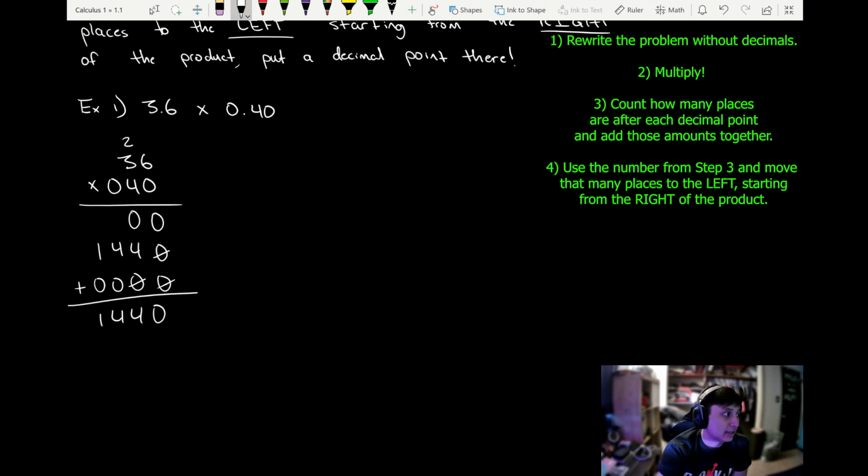So step 3 says once we have the product, we count how many places are after each decimal point and then add those amounts together. So 3.6 has one place after the decimal point, right? 1. And 0.40 has 2, right? 4 and then 0. It actually has 2. 1, 2. Right, and then we add those amounts together, okay? So we just do 1 plus 2